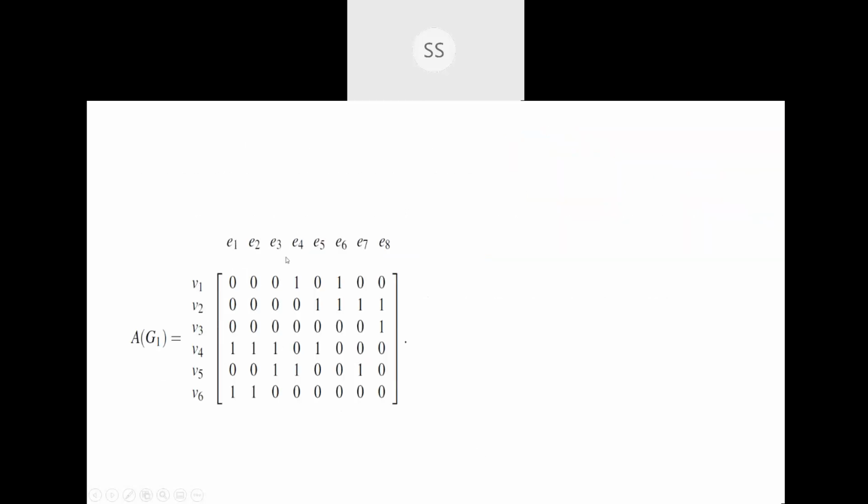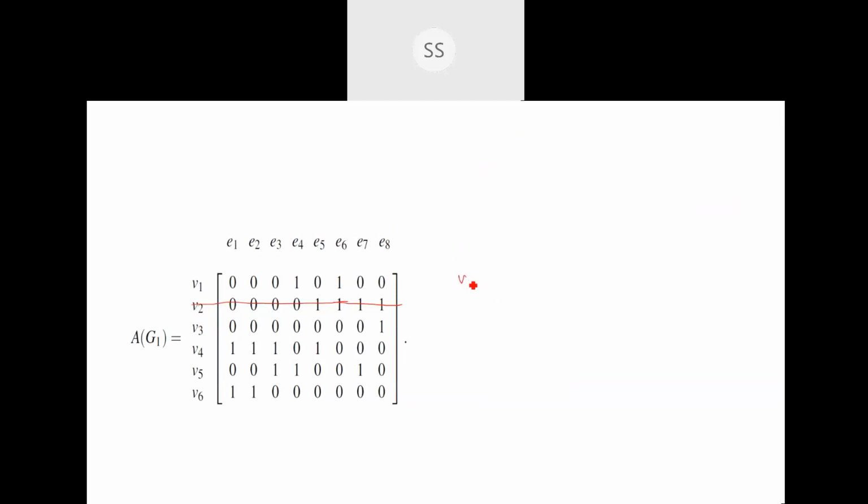Now what does it mean? If I look at this particular example, each column consists of 2 ones, isn't it? Now imagine I delete one of the vertices. You can choose any one vertex. Say I am going to delete V2. This particular row is deleted, so V2 can be called the reference vertex. I have removed it. So what do I get as my resultant matrix?